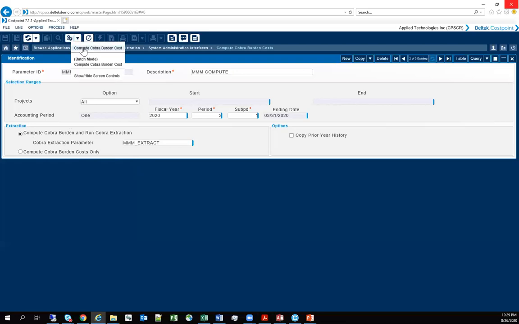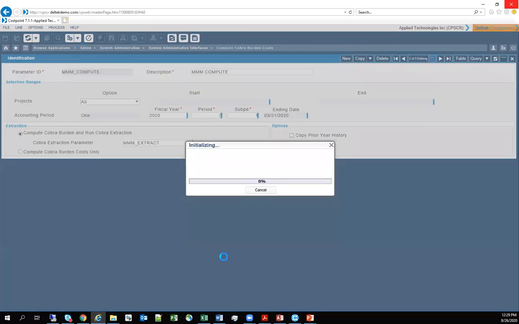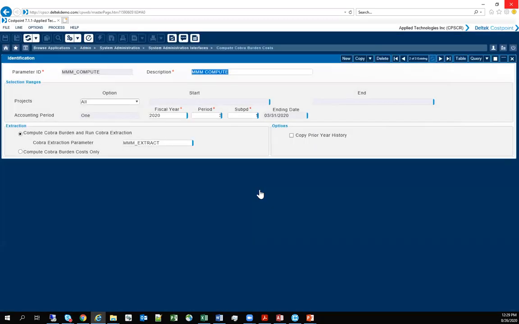And with that, I'm going to run it. Doesn't take too long. I'm only running it for one project on the previous screen. I limited it to just project 20220, so it shouldn't take too long. If I had any error messages, I would see them displayed down here at the bottom. I don't have any. I'm going to go ahead and just click OK there